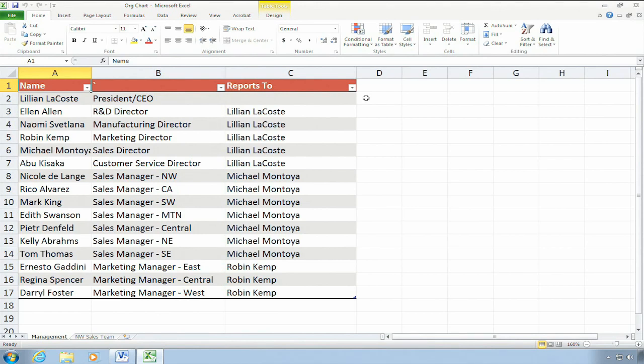I have opened the Excel file that we're going to use for our org chart so you can see that this information is here. It's pretty basic. It has the name of a person and their title, as well as that all-important Reports To. You'll notice that Lillian Lacoste, the very first person, does not have anything in the Reports To field. This is what allows Visio to know that she is at the top of the org chart. Let's go ahead and close the Excel file